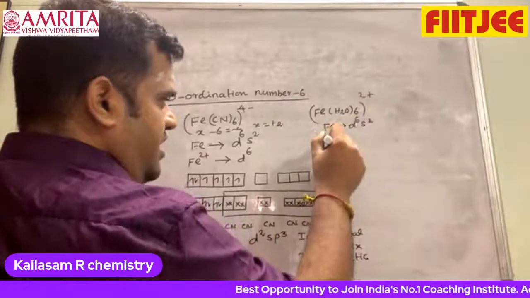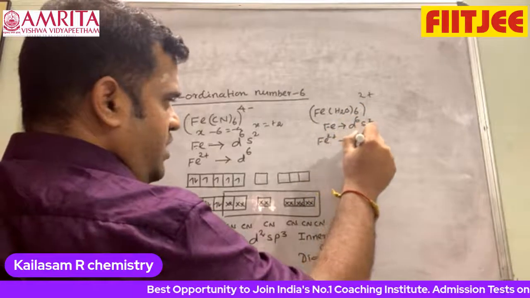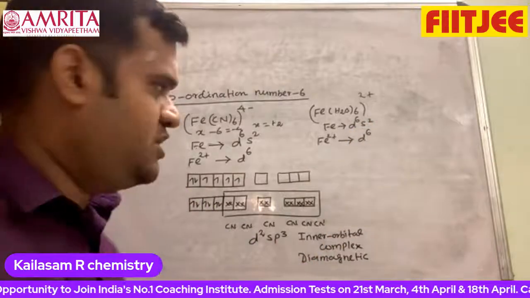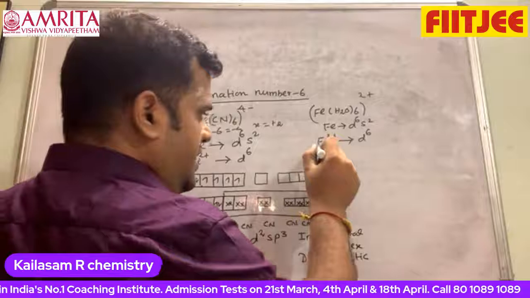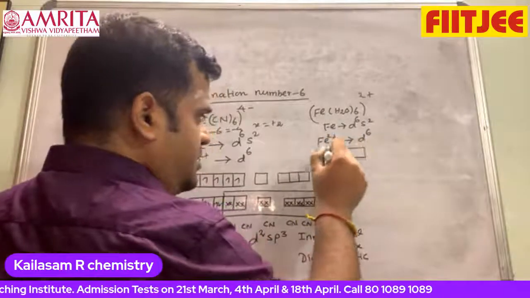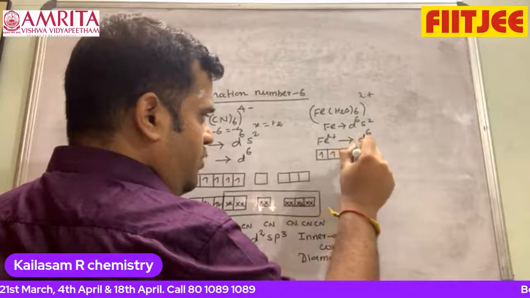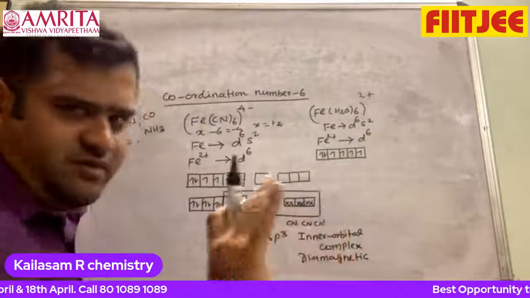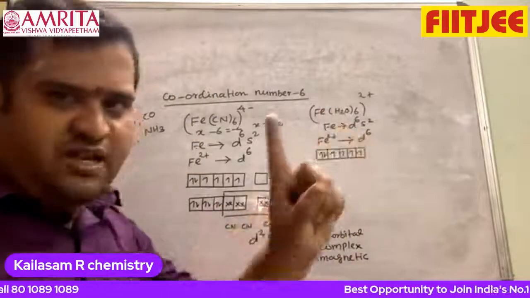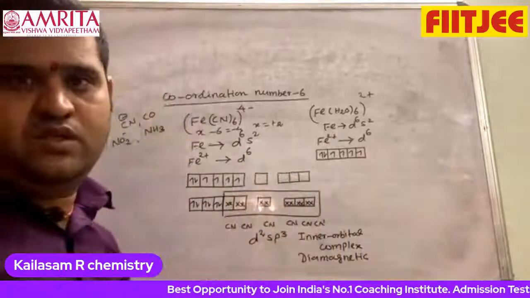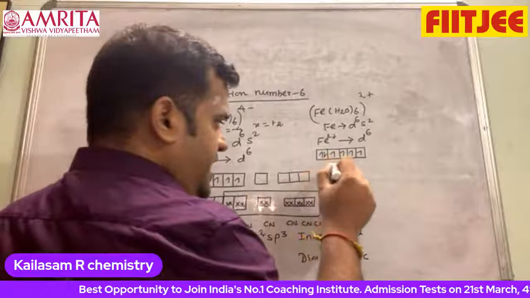Now here we have Fe2+, which has d6 configuration. Draw the orbital diagram: 1, 2, 3, 4, 5, 6 electrons are there. Fine. Now what ligand is there? A weak ligand. Therefore pairing did not take place. So now we can say that